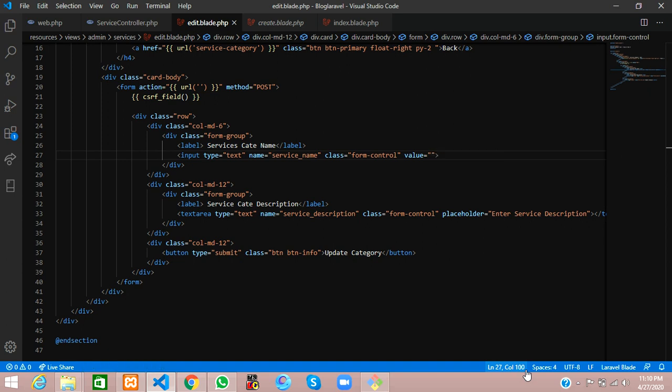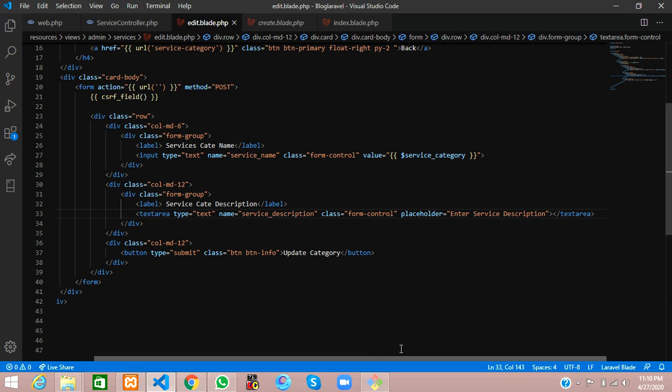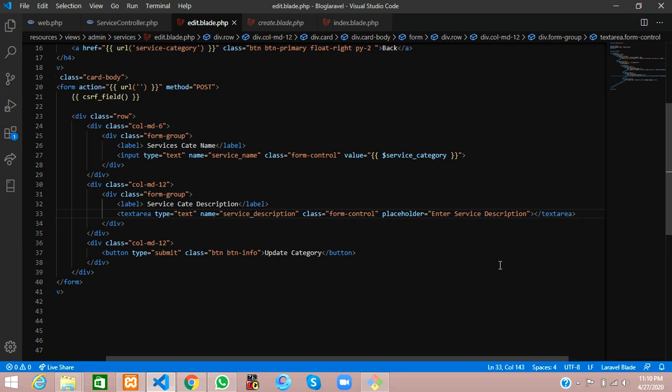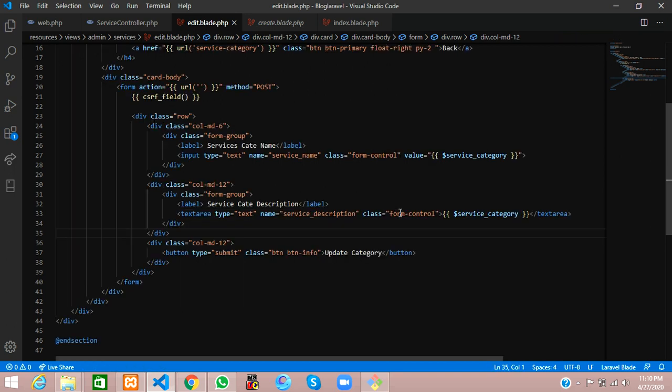Not like this, you are going to echo this. And this is the text area, right? So in the text area you are going to paste the data directly over here. It's not an input tag, so you can't give a value. Instead you can use this outside. If you put a value it will not accept it.